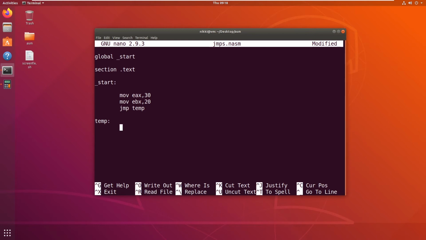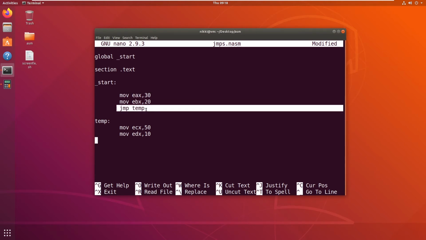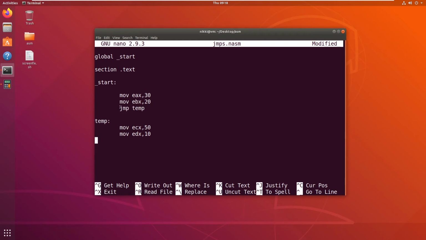Let's say some normal instructions: move ECX comma 50, move EDX comma 10. So whenever my program is executing, this is the unconditional jump. That means the program jumps to this label directly.